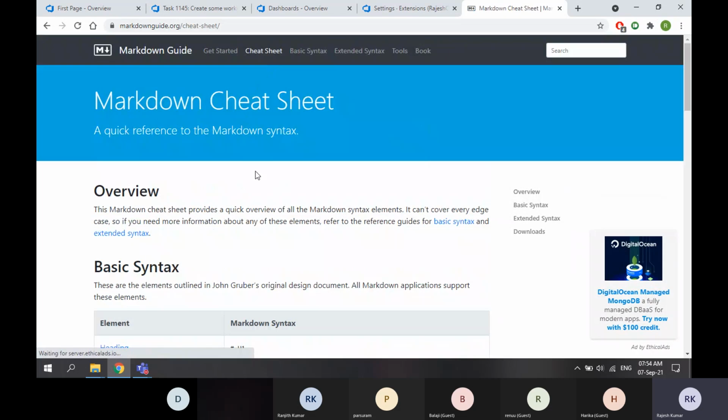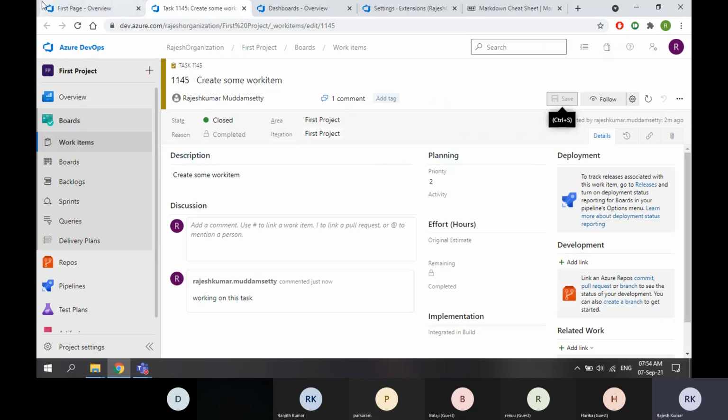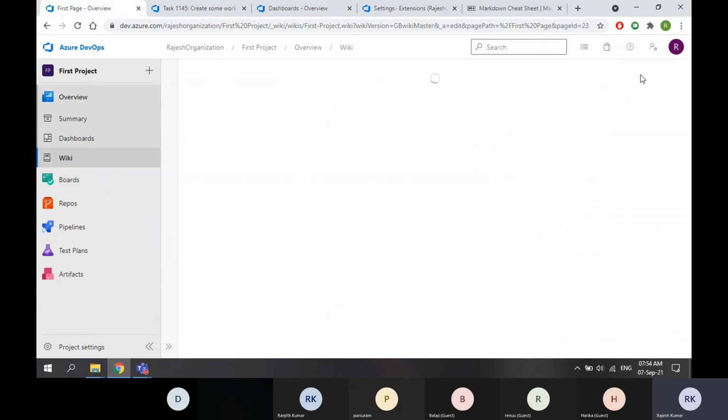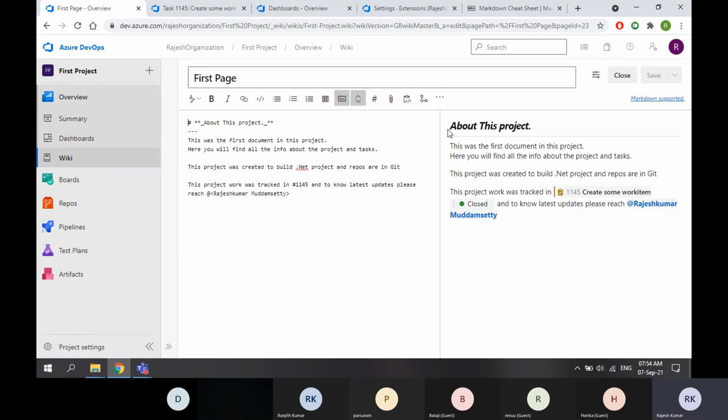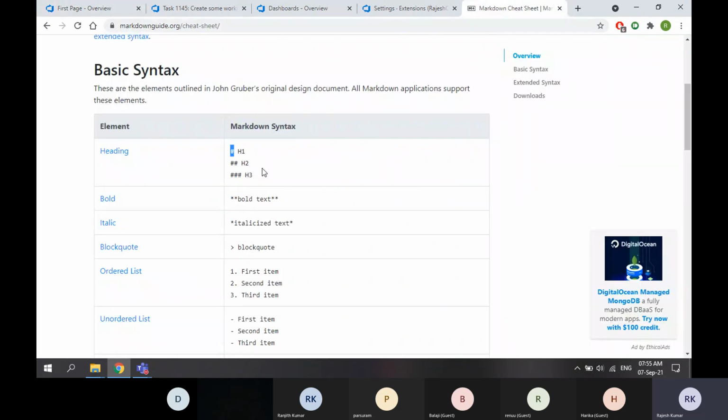And then the cheat sheet will have the basic syntax. See, if I want to make a header, you have seen I gave a single hash. So if it is a single hash, header 1, header 2, and I can display here. Let's try something here. See, this is a single hash, so the text looks very large. If I go for a double hash, the size is decreased. If I go for a triple hash, the size is even more decreased. So that's what they are displaying here. Header 1, header 2, header 3.